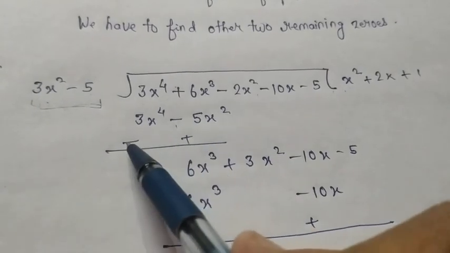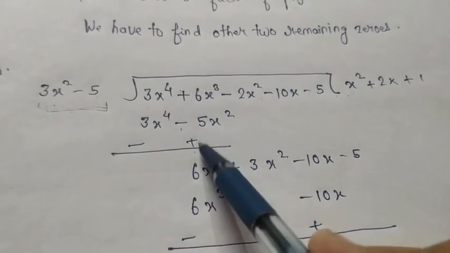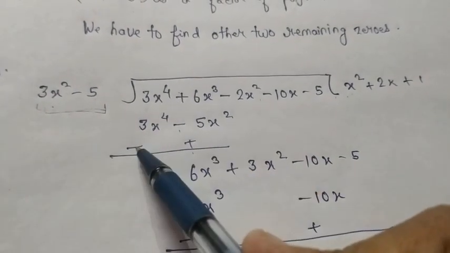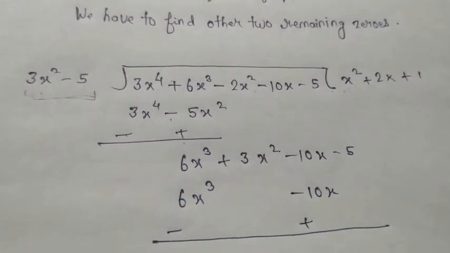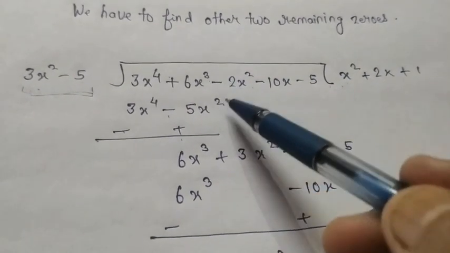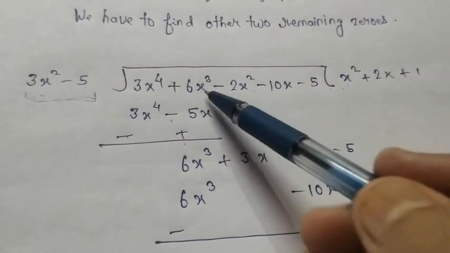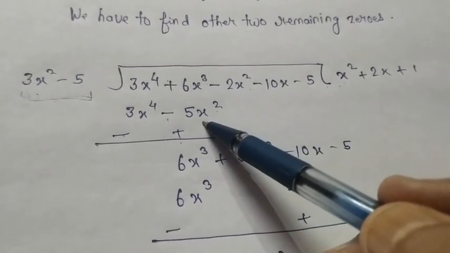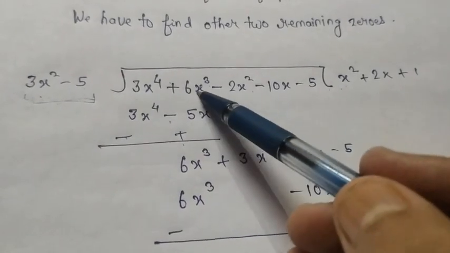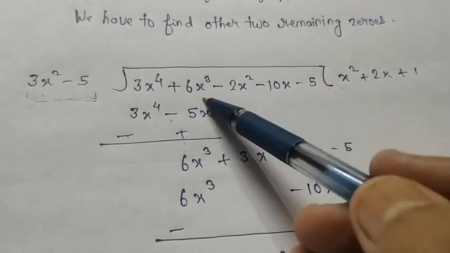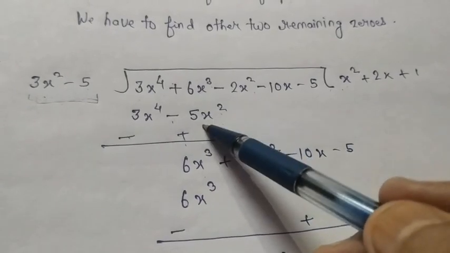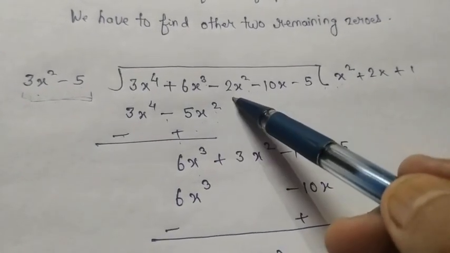Now minus plus sign, do you know how to change? So it will be cancelled. Now children, remember one thing, it is x cube and it is x square, so they both cannot be added or subtracted because they are unlike terms. So there is no x cube term, so this will be noted down as it is, and this plus 5x square will be solved to this minus 2x square.